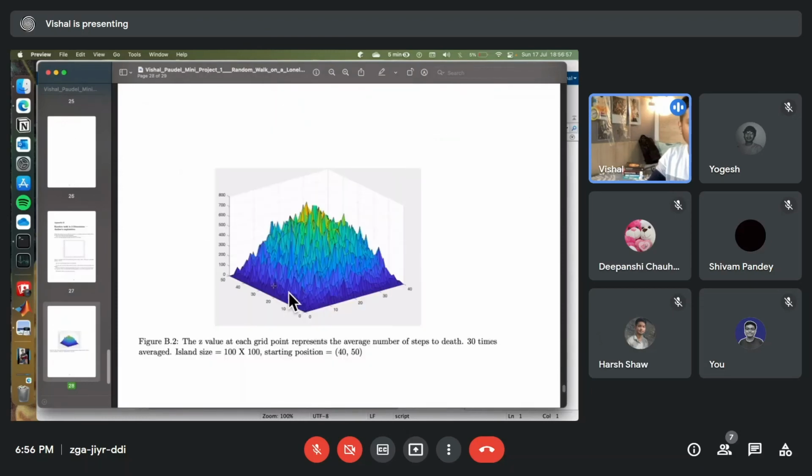तो एक ही ग्राफ मैंने उसमें प्लॉट किया, मतलब 2D वाला दिखा सकता हूँ, टाइम लग रहा है। तो इसमें क्या है कि अगर बीच से चालू करेगा, ये सिमुलेशन का है, इसलिए अनस्मूथ है। हाँ, अगर बीच से चालू करेगा तो इसको मरने का एवरेज नंबर ऑफ स्टेप्स बहुत ज्यादा लगेगा, है ना। इंटुइटिव है ये तो। अगर आसपास से चालू करेगा तो इसको मरने से पहले नंबर ऑफ स्टेप्स